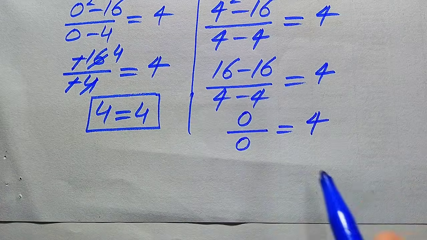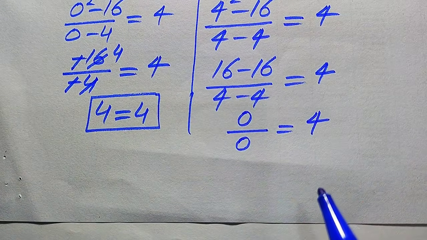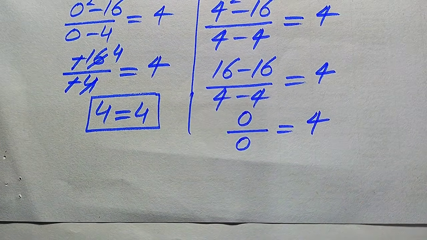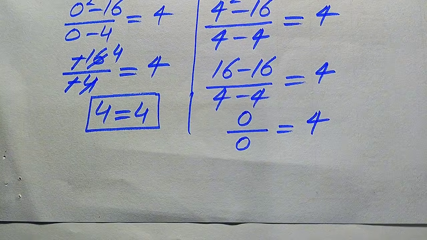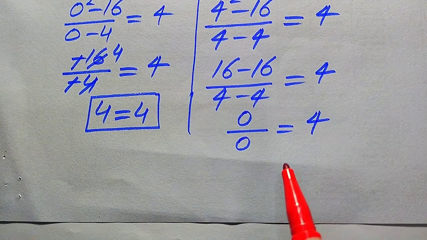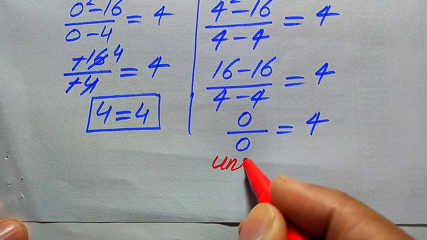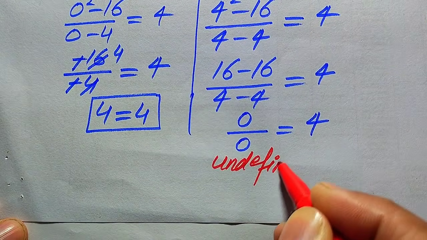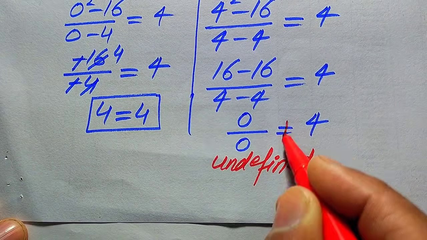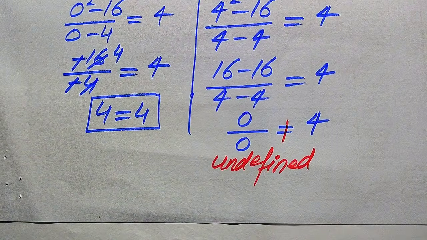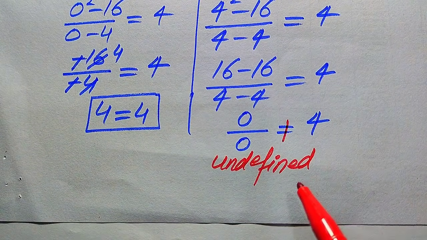So in the left hand side, you see here we have the 0 by 0 form, or in other words we say that it is the indeterminate form. So if the left hand side is indeterminate form, in other words it is undefined. If the left hand side is undefined, this means that both of the sides are not equal, and if both of the sides are not equal, this concludes that the value x equals 4 does not satisfy